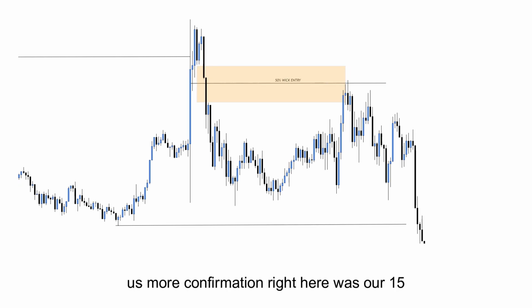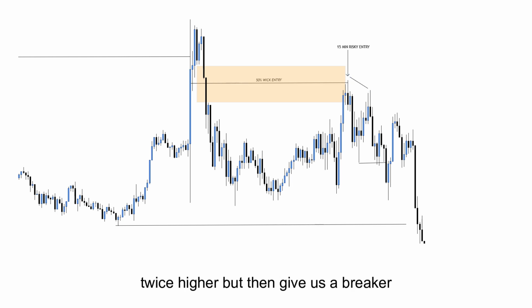Right here was our 15-minute risky entry. I'm just gonna label this right here. But if you're a person that failed to take this 15-minute wick entry, you guys can see price came back down lower and gave us an entry range breakup structure of this old low right here. So this has become a failure swing. Once it failed to push price higher, it then gave us a breakup structure of this old low on the 1 minute. So if you miss this entry right here, our risky entry, after price gives us a failure swing